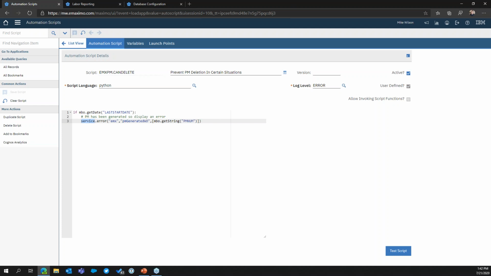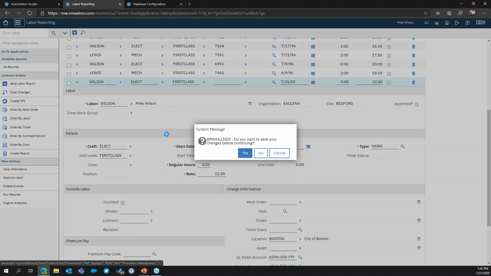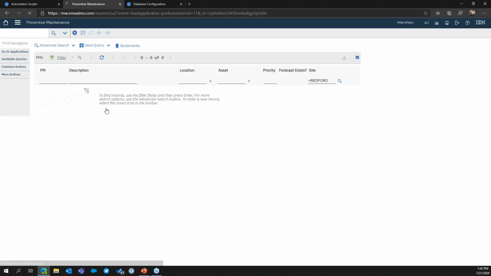going to be exposed on the automation scripts, and it'll allow you to do useful stuff like logging, or in this case throwing an error, so that if this criteria matches, we're going to immediately throw an error, and because we're throwing an error, nothing will actually be allowed to be deleted. So if I go to one of our PM records and I try to delete something that's actually generated a record,